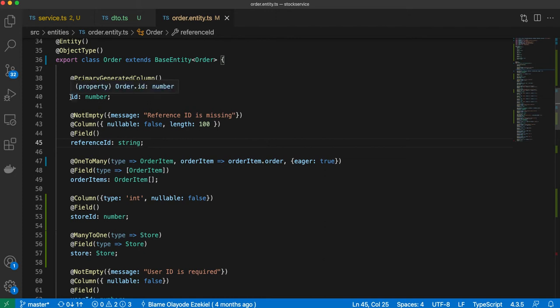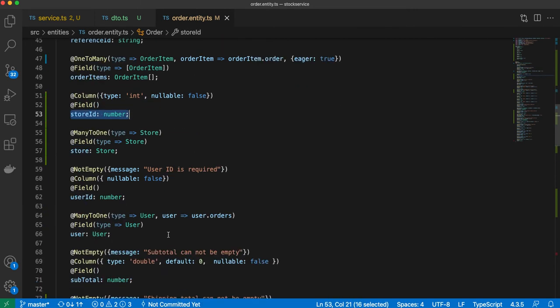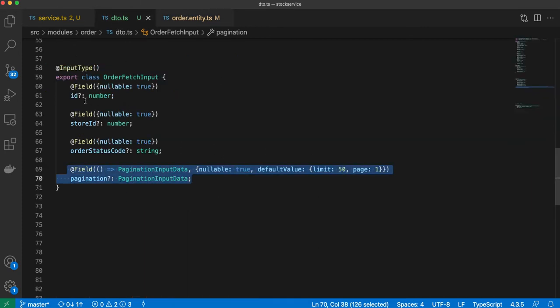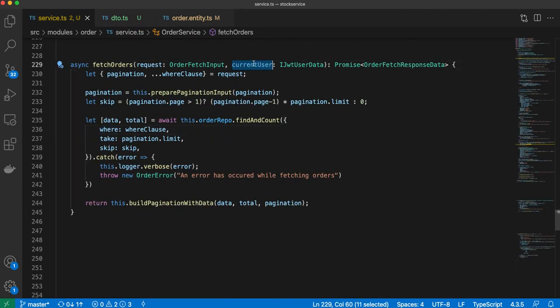So here is the order number, here is the store number, and this is the customer ID. This is the user ID. But from the request, we're not sending the user ID because we already have the user object from here, from JWT decryption. So we've already decrypted a JWT token, and we pass all the user details into this variable,